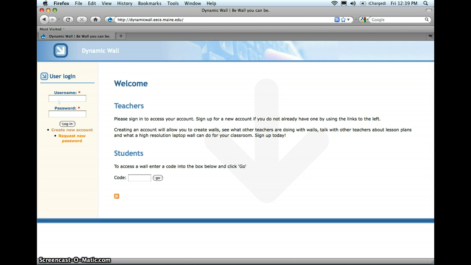is they need to go to the web browser and type in dynamicwall.edu, just as we have here. And then what they need to do is, if you look on this web page, you'll see that there is a code section for students down at the bottom. If they type in that code that we just saved for the wall session, that's 9Z3YJ99H, and hit go,